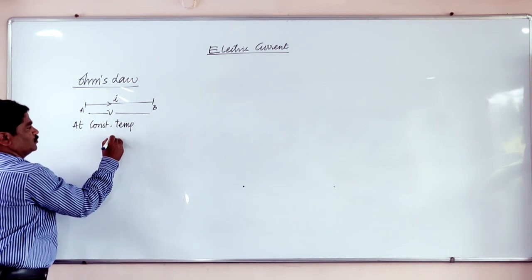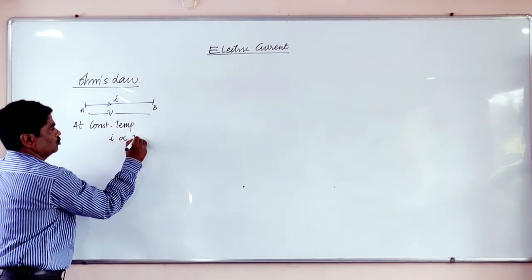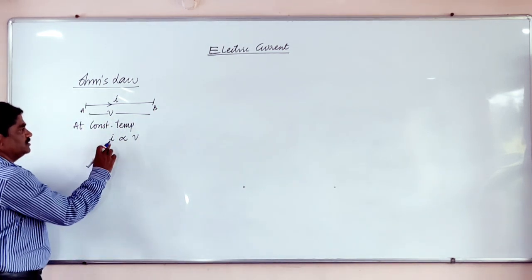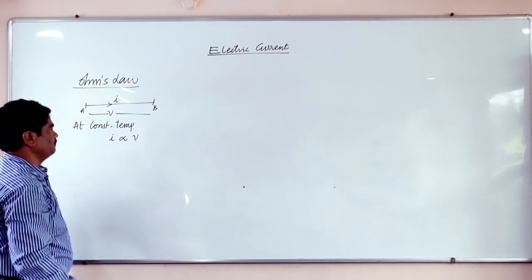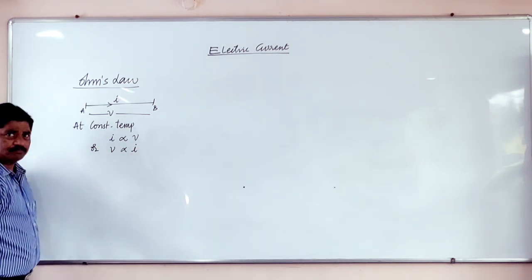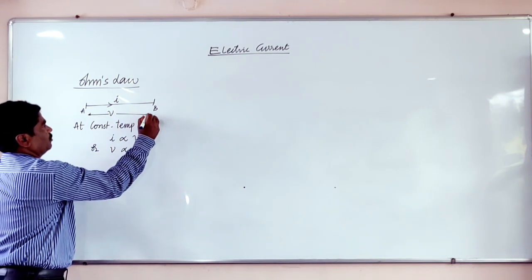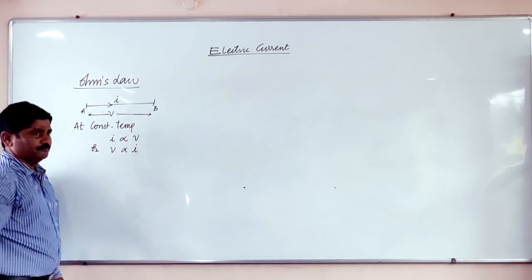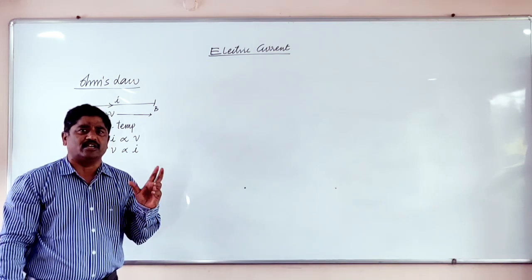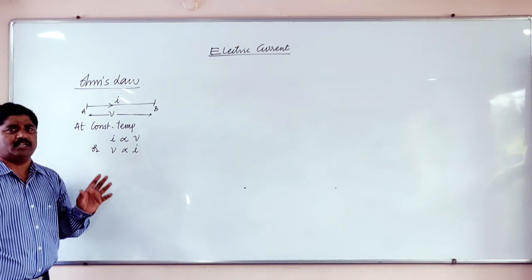The electric current which flows through a conductor is always directly proportional to the potential difference across the ends of the conductor. This is I proportional to V, or conveniently we can write V proportional to I. This is just an empirical, mathematical formula developed by Ohm, but it's not a fundamental law, because Ohm's law is not applicable to all materials at all conditions. There are limitations, so it cannot be called a fundamental law.